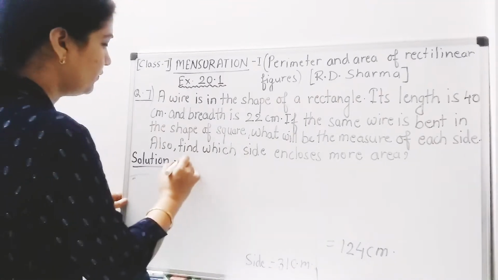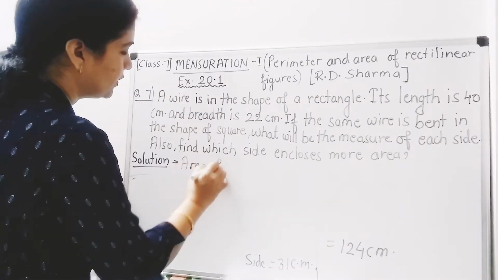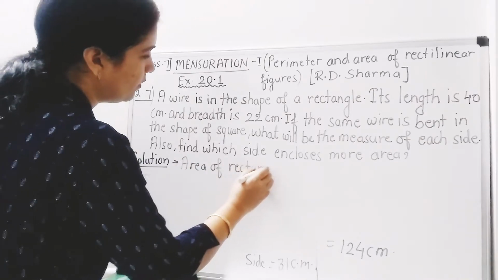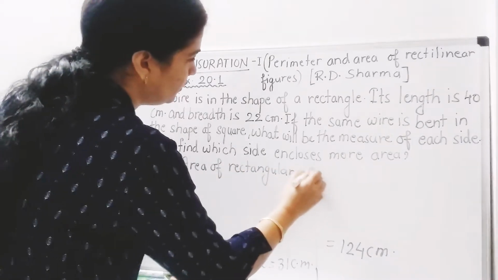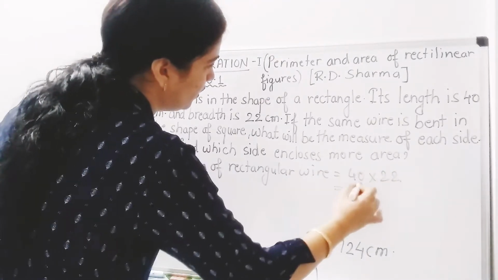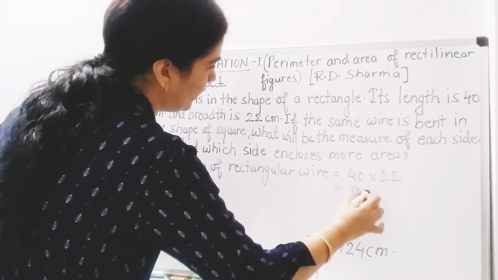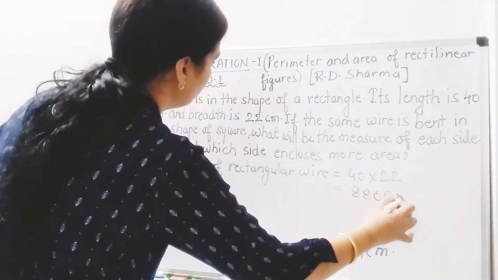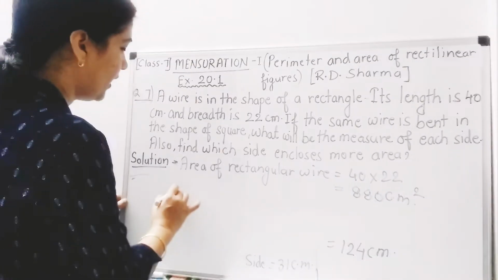So first we will say area of the rectangular wire. So it will be length into breadth, means 40 into 22. So it will give us 22 multiplied by 4, it will give 88 and 0 is there, 880 centimeter square. And area of